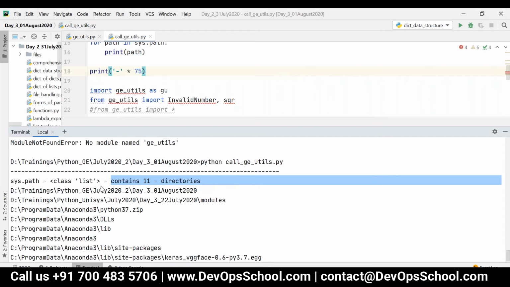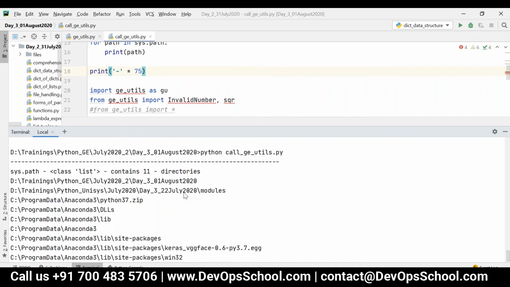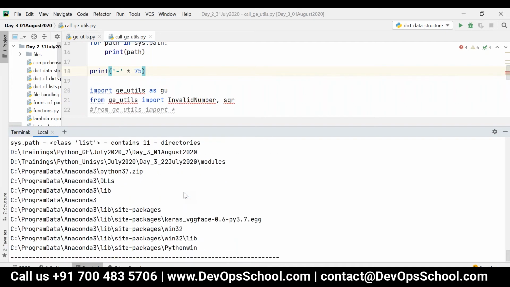Now you can see your current directory has the highest priority. This is our directory, D trainings Python_GE July 2020_2 day 3. That's why in our previous execution this module was getting imported. And then we have a lot of directories here.